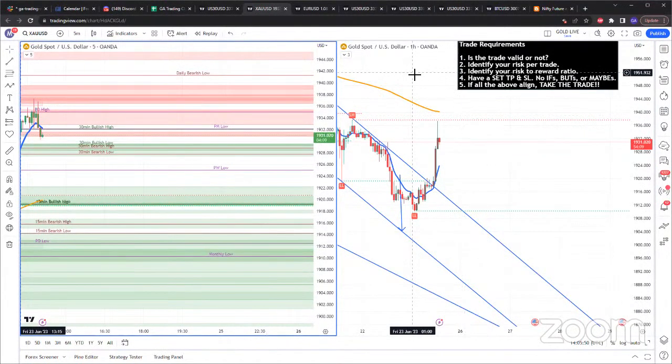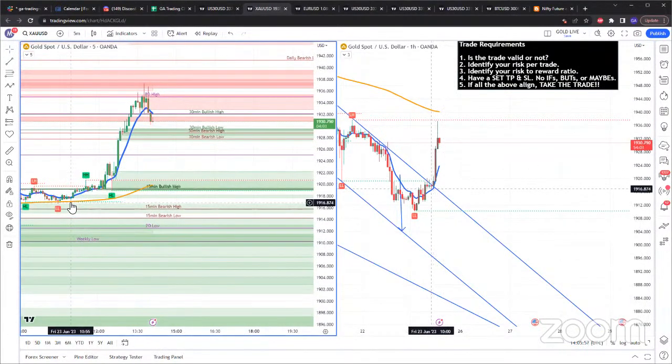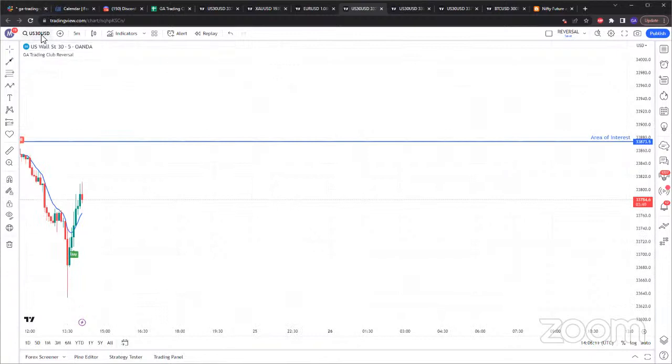Yeah, so for me, if I was looking to sell gold, I would look to sell gold at the 1940 area, which we should also have a reversal. This is 1916. That's the 1916 area. We do have a reversal entry on gold as well. So if I come in here...